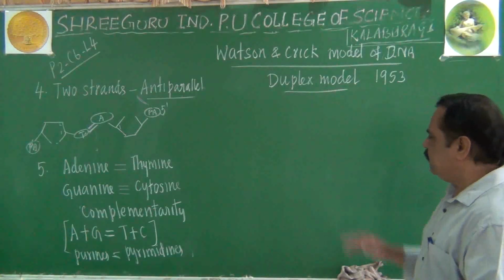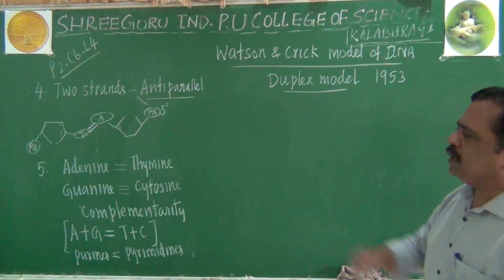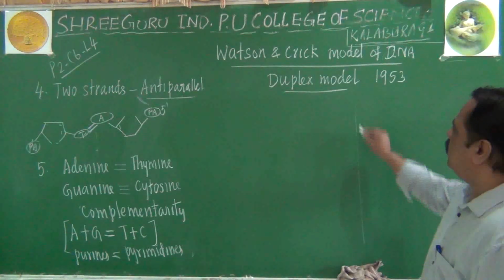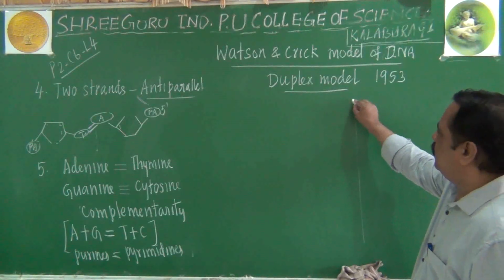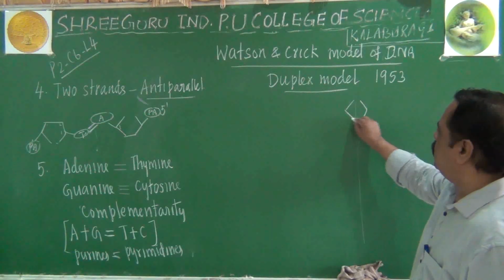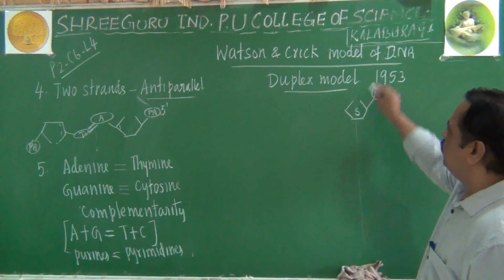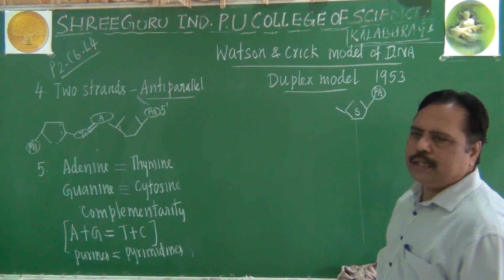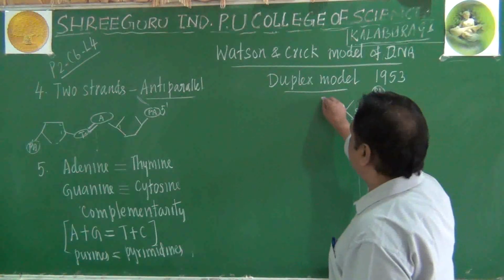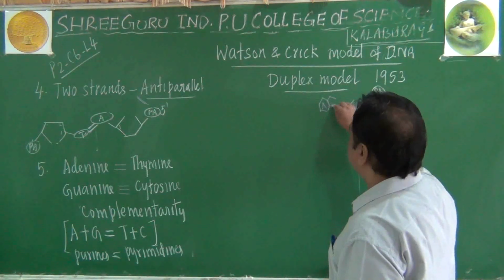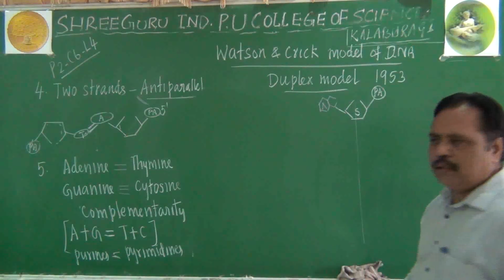Suppose, listen here. These are 2 chains I want to draw here. Imagine this is one chain of a DNA molecule where a sugar molecule is present here and a phosphate group is present here. Here we can draw a nitrogen base. Suppose the nitrogen base is adenine, its 9th carbon atom will combine here. Remember this point.